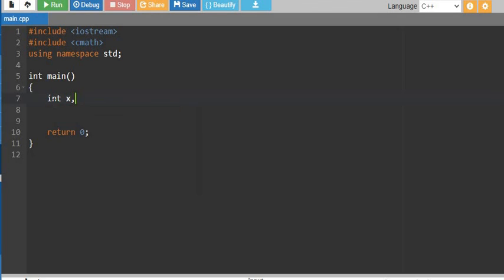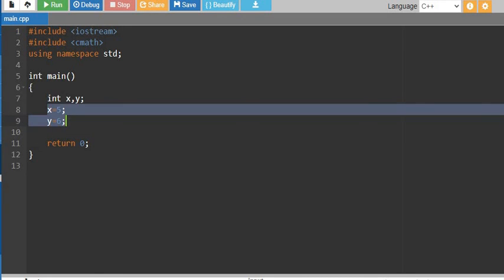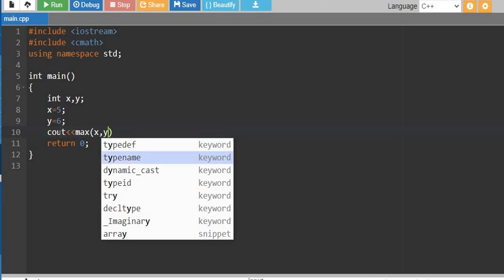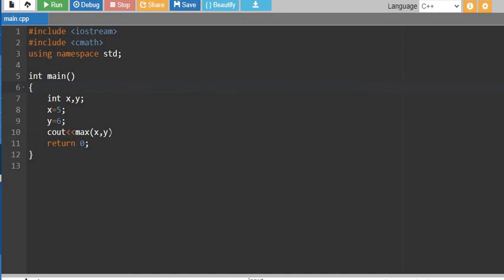So if I write int x and give a value to it, and I take one more variable y and give a value to this also, let's say 6. Now if I want to take out the maximum, the one which is the greatest here, I'll write cout, then max, and in small brackets the variable names x, y, and close it with a semicolon. This will allow the program to tell which is the maximum one here. Now if I run it,